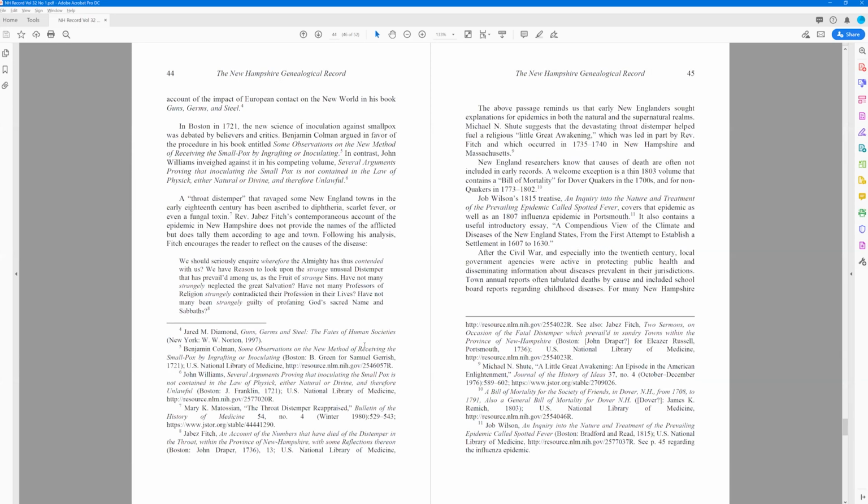citations, such as here, resource.nlm.nih.gov, mentioned here as well, third spot over here. This is the U.S. National Library of Medicine, which is an online collection curated by the National Institutes of Health. I think this is a digital collection that deserves to be better known by genealogists, so let's take a closer